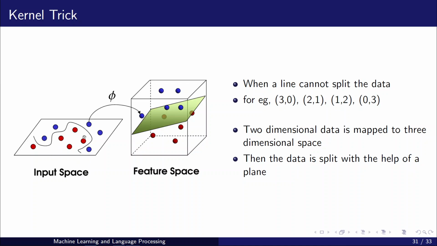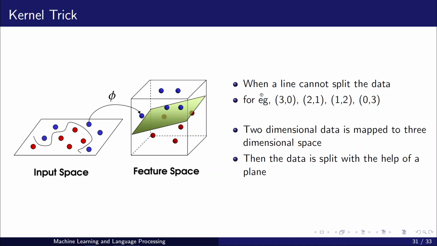So we use something known as a kernel trick, where we project your data into some higher dimensional space, and then we try to split the data by using a hyperplane instead of a line. This was in two dimensions, and we translated it into three dimensions. So that can be split by using a plane like this. In the case of support vector machines, we call it a hyperplane. In the case of higher dimensions, that method is called a kernel trick.